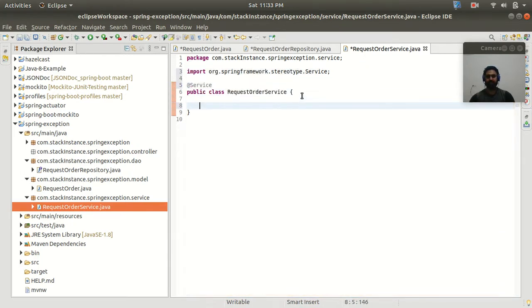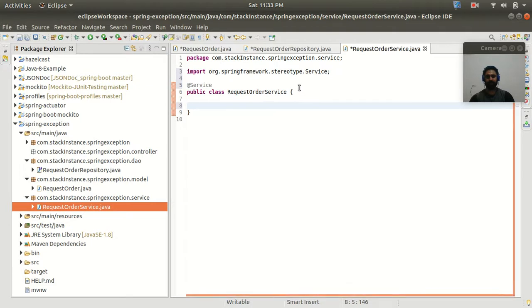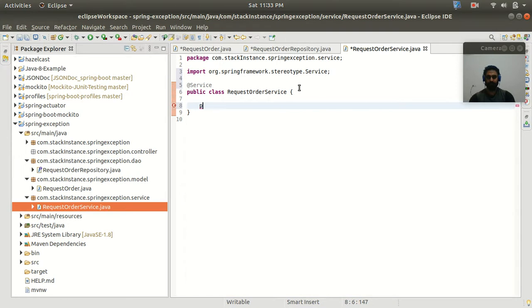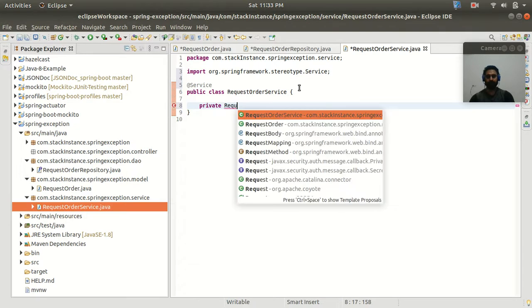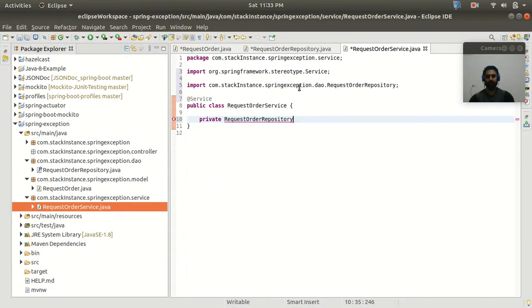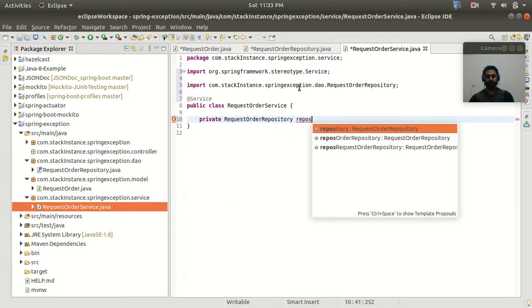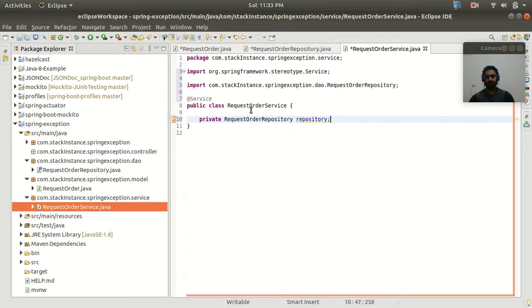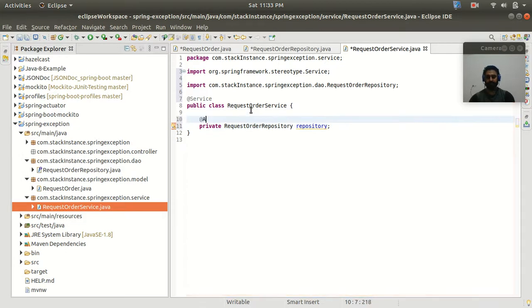And here I will inject my request order repository inside my service class. So private request order repository, and mark this with the autowired annotation.